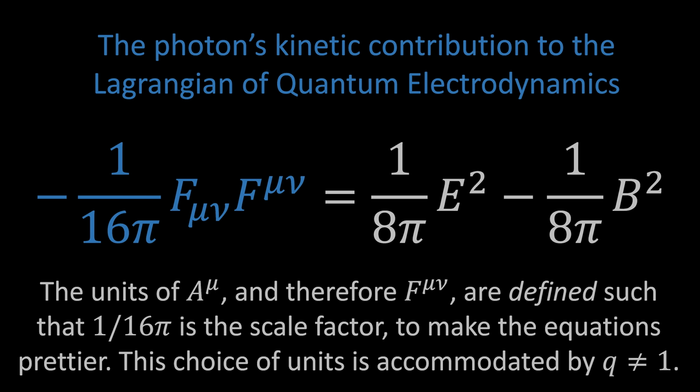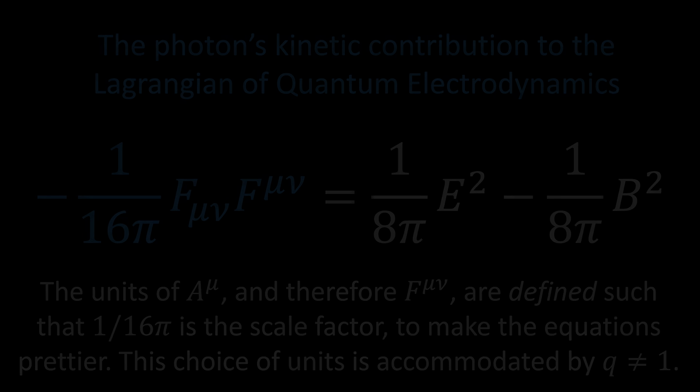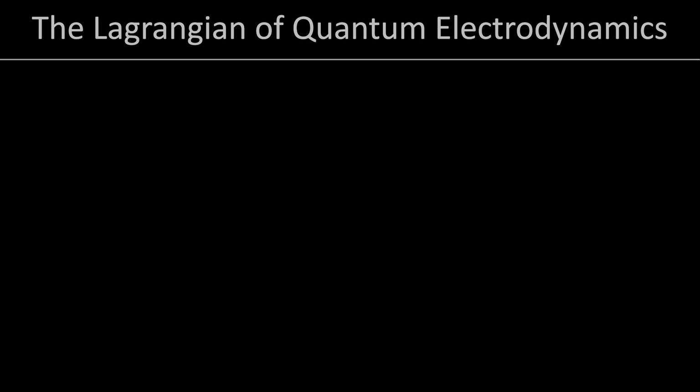But it is a little bit unsatisfying that we have this degree of freedom here and that we get to make this choice in the first place. In an ideal world, it'd be nice if the scale of the photon's kinetic contribution were locked in by some kind of deeper principle. And that's the problem of the fine structure constant, so we'll talk about that more in a moment. But first, I want to write out the Lagrangian of quantum electrodynamics, so we can see how everything